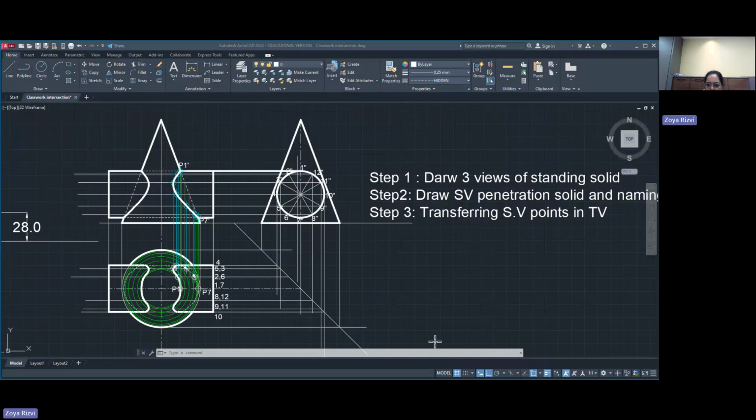This is the problem. This is how it looks in 3D view. While you're drawing, you have to first plot the cone, since it is a cone, so the base is given and the height of the cone is given. That is what you have to plot first. So what is given to you here is